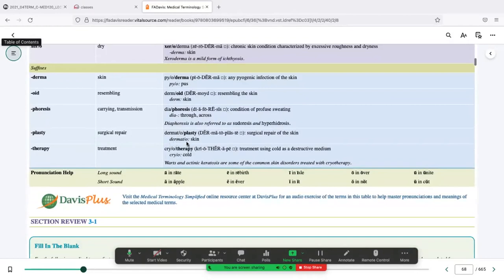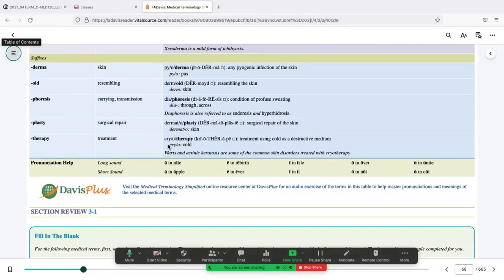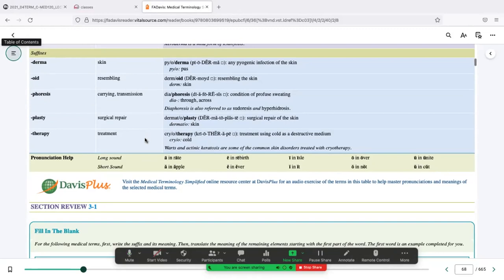Dermatoplasty, surgical repair of the skin or skin grafting. We expand parts of your skin, most likely in your back and your butt, and then we remove that skin, especially for burn patients, and then we apply it on the affected areas. Cryotherapy, that's when we use extreme cold, most likely in the form of